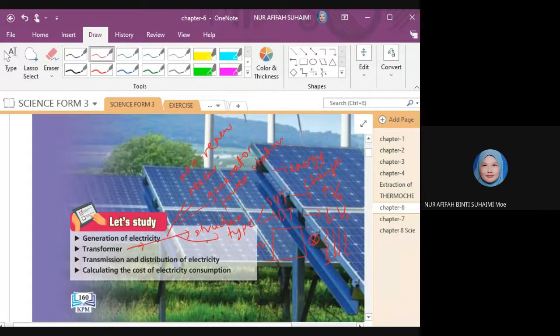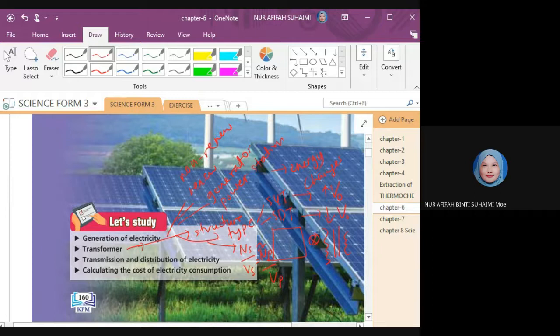And then the last one is the calculation. How to calculate NS over VS equal to NP over VP. Okay, primary, secondary, the ratio. Okay,